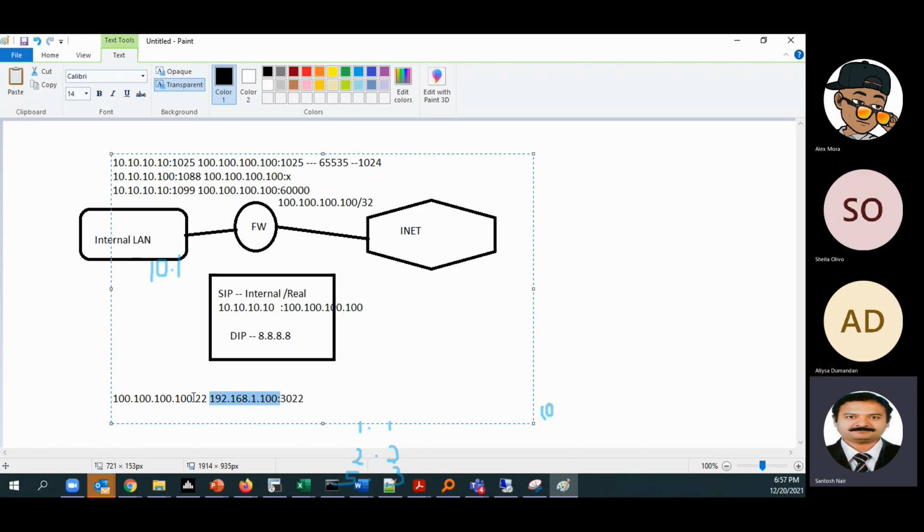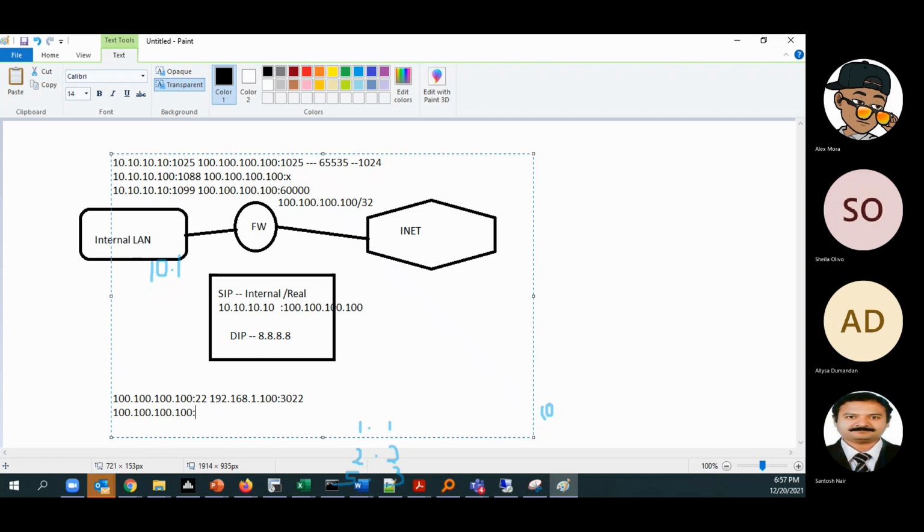Because we have only a couple of IP addresses, we have to use them judiciously, so we use the same IP address for different servers. That is one of the reasons for using static PAT.